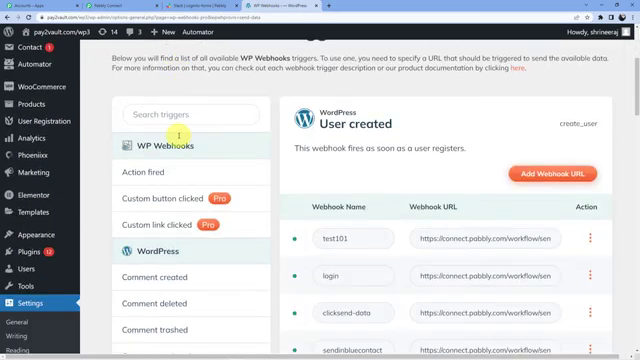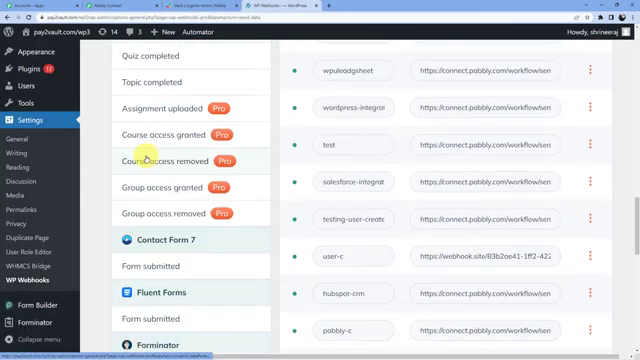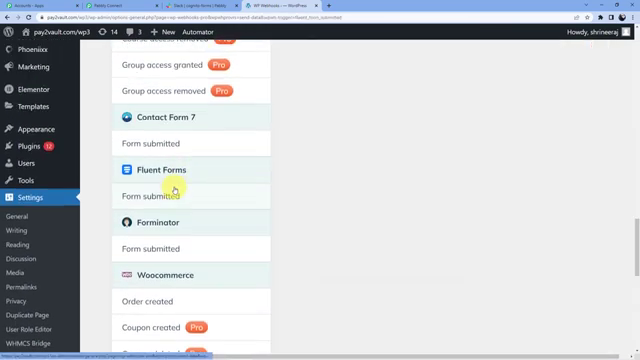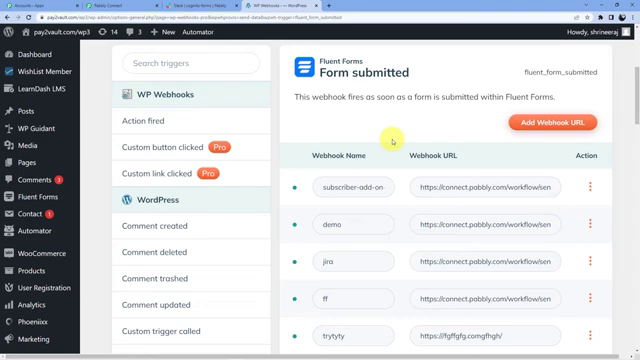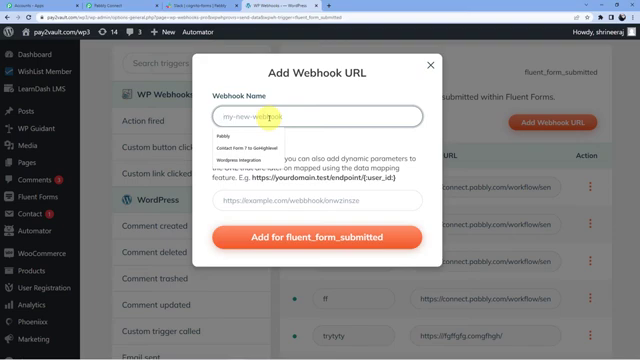After that, we are going to select Fluent forms. So let me just find where Fluent forms is. Learn dash. Okay, so here we have Fluent forms. We will click on this Fluent forms, and now here you can see we have the option to add a new webhook URL. So we will click on add webhook URL. Webhook name is Fluent forms to